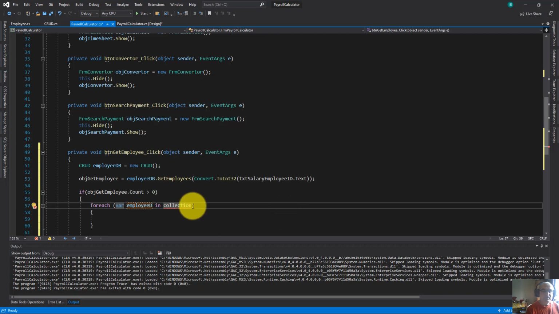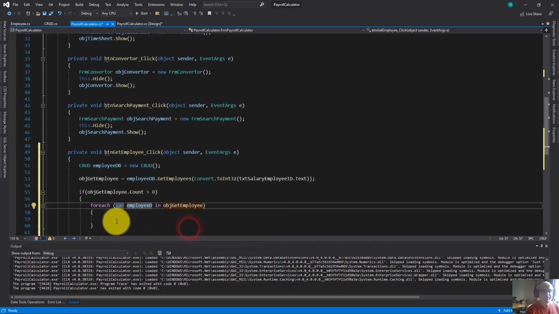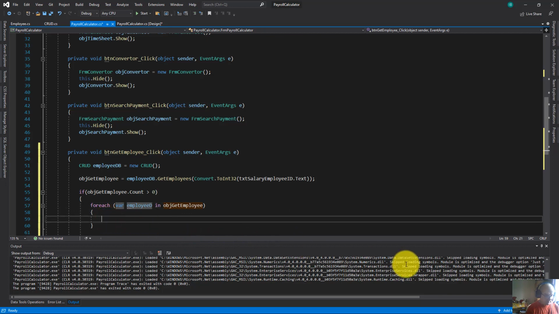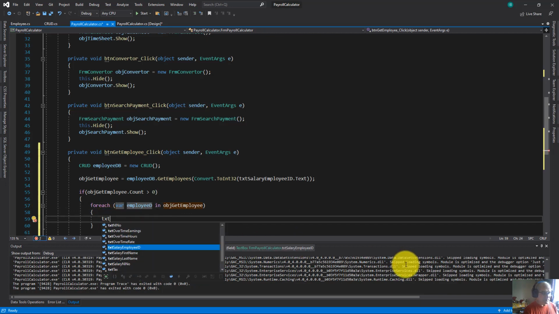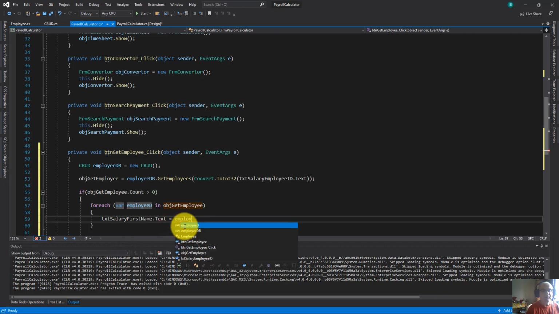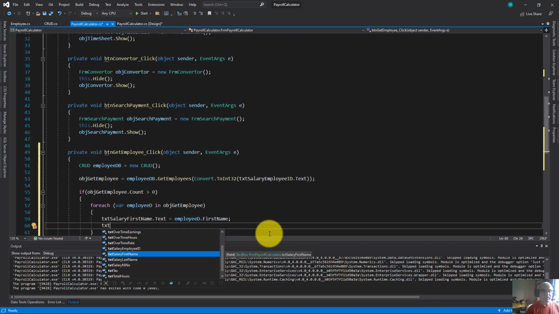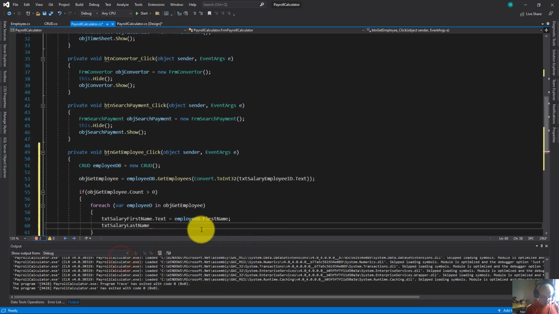Like employee D, and here for the collection I'm going to use this object, obj get employee object there. All right, and here I'm going to write the name of the text boxes which are going to receive the employee data, namely takes the salary first name dot text equal employee D dot first name. Here you go, semicolon,